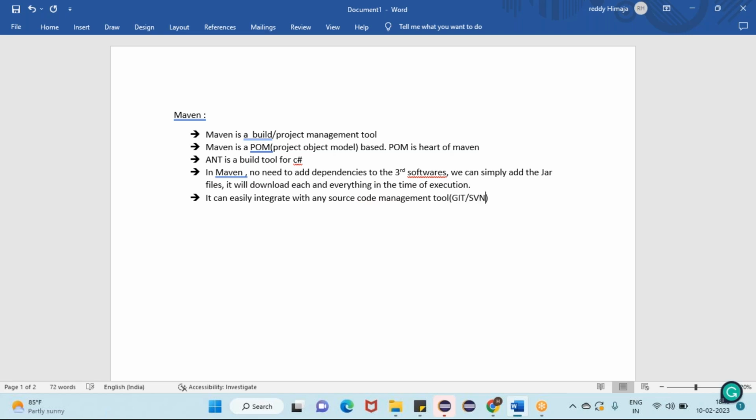So these tools are used to store our project, guys. Maven is used to create our project, but Git or SVN is used to store our project. We'll discuss Git in our next class. So it can easily integrate with any source code management tool like Git or SVN, and it can easily integrate